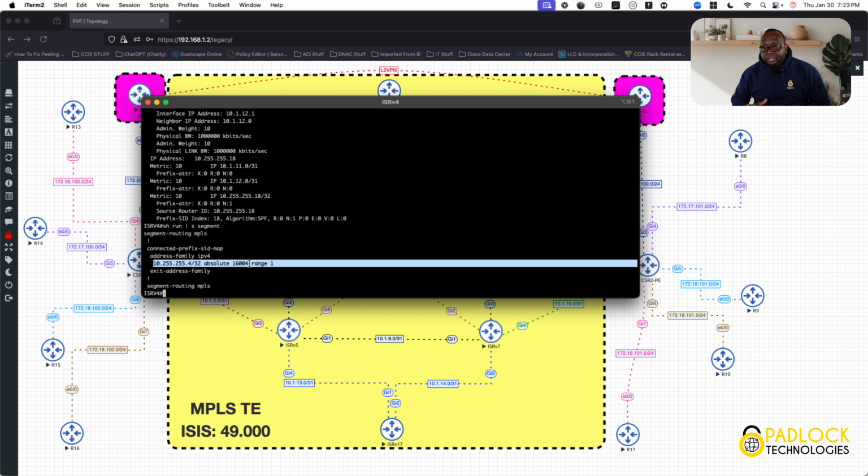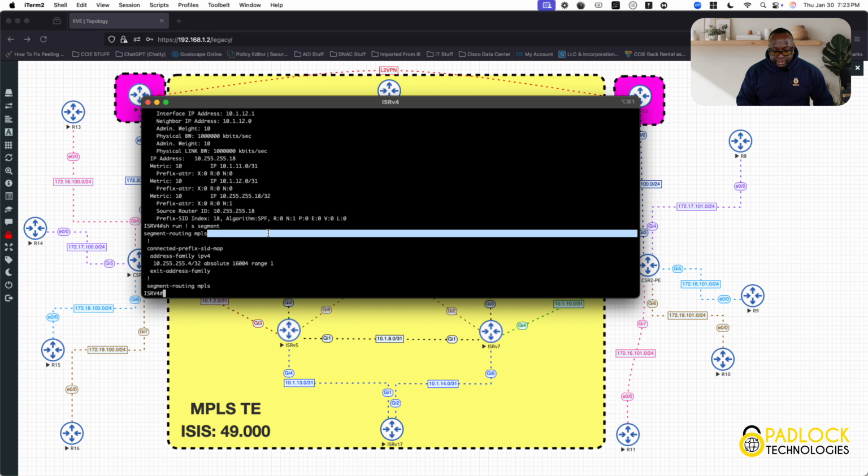Now the service VPN label is going to be whatever BGP decides to allocate. Now that's just at the global level. Now you have to turn it on at the router level too. So you have to go into the router process and use a command called segment routing MPLS. So if we go into the router,